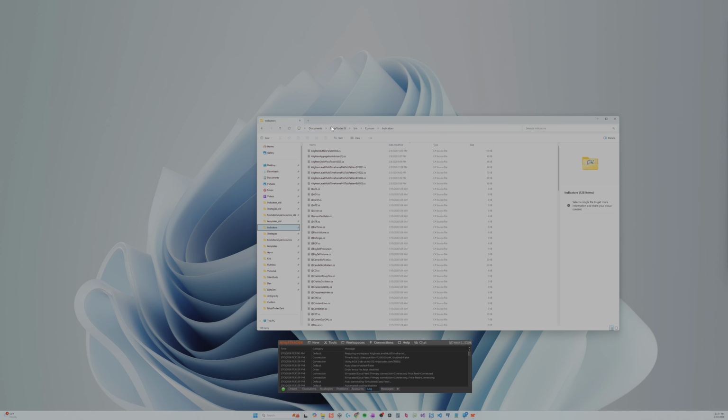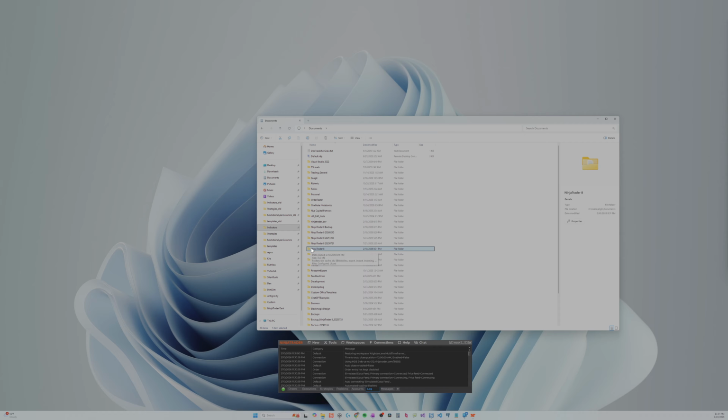then I'll come back out to the documents folder, and after the uninstall, I will delete the NinjaTrader 8 folder. For some reason, they don't delete this Documents slash NinjaTrader 8 folder, so I'll delete that. Then I'll do the install, and